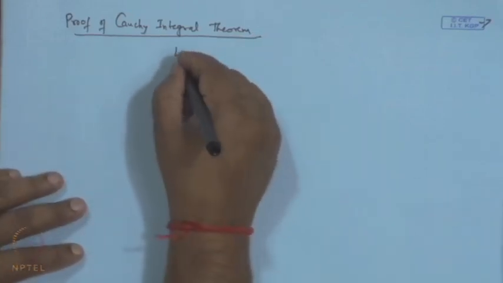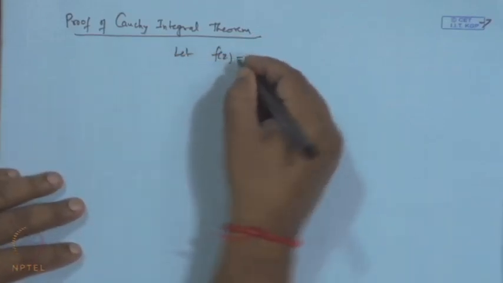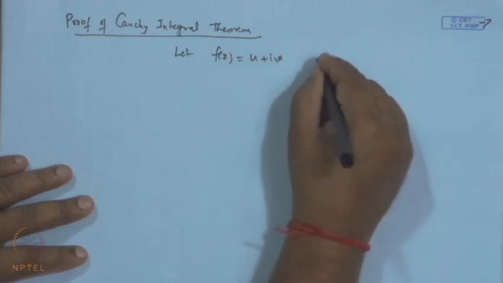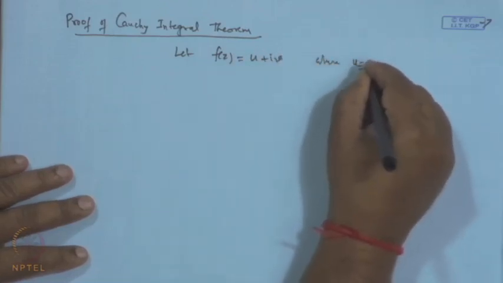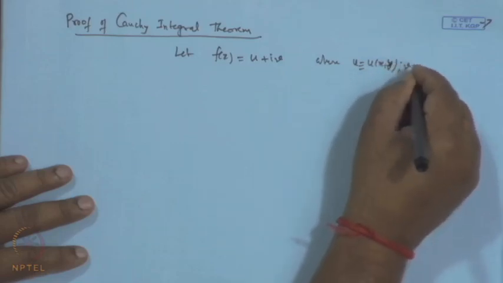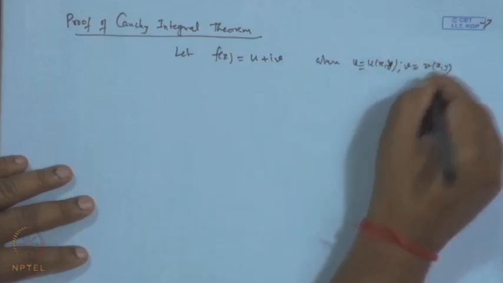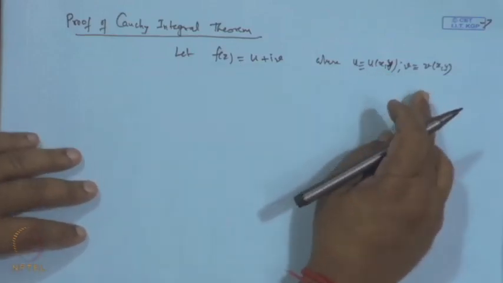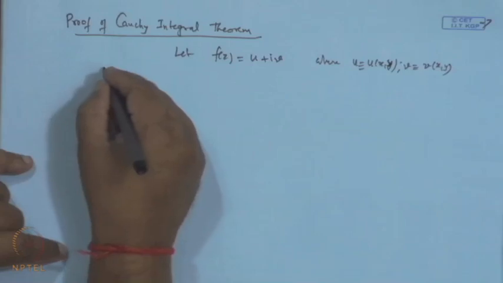Proof of Cauchy integral theorem. Let us suppose f(z) is u plus i v, where u is a function of x, y, and v is also a function of x, y, and f is given to be analytic and continuous. So, u and v both are analytic and continuous. Consider